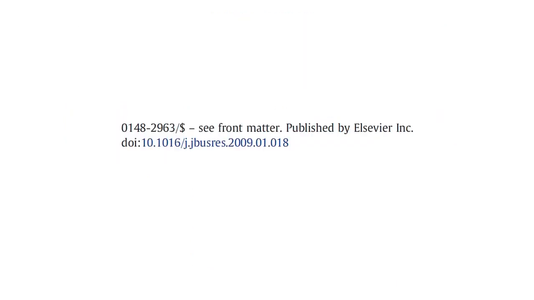The last thing you'll want to look for is the DOI, which will be at either the top or the bottom of the title page. This is preferred to the journal's homepage, so you'll want to make note of this if it exists. I was able to find mine at the bottom of the page.